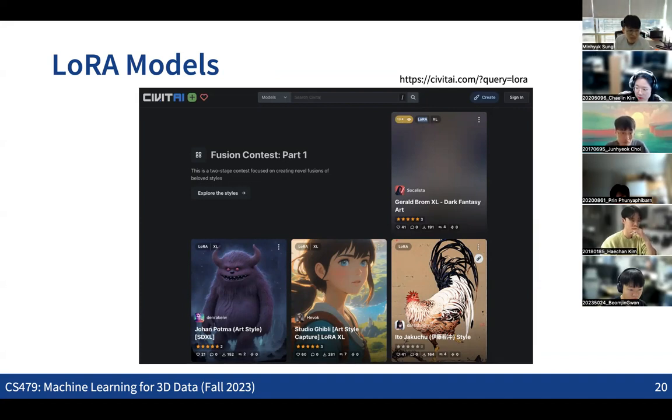Those are all cases where people fine-tune Stable Diffusion on a small set of images of some specific style, making specialized image generation models. Those are interesting LoRA models that you can easily download from public repositories.